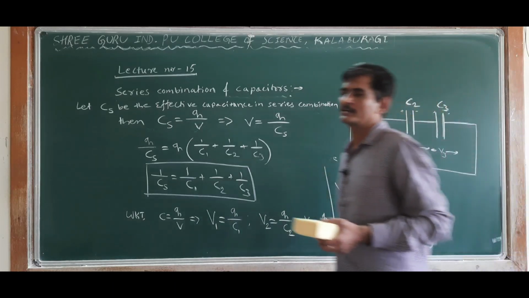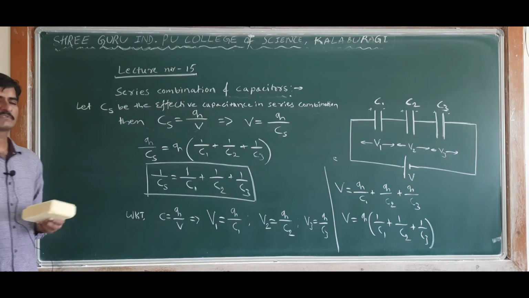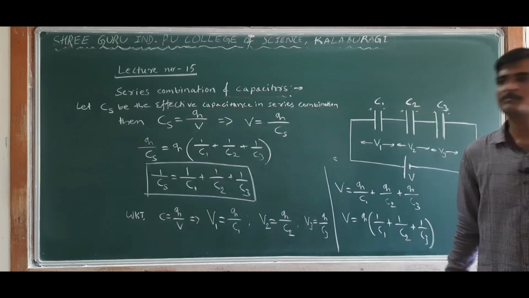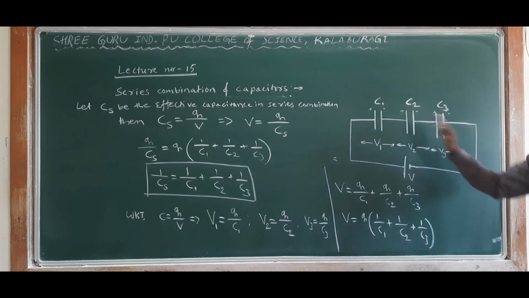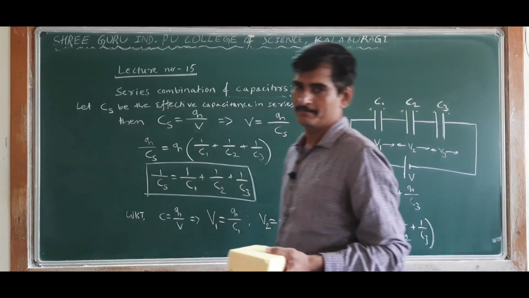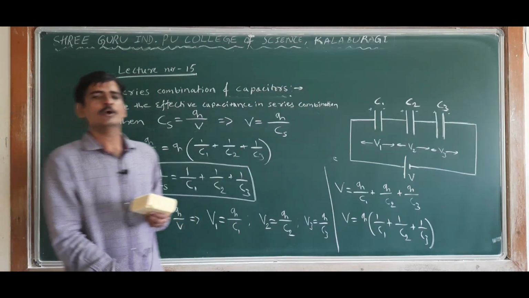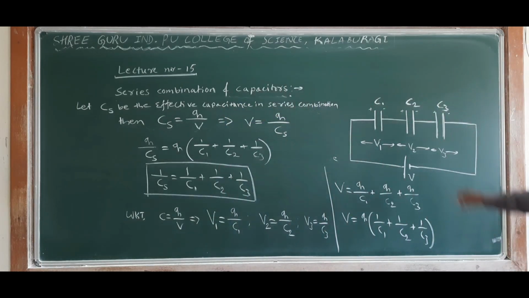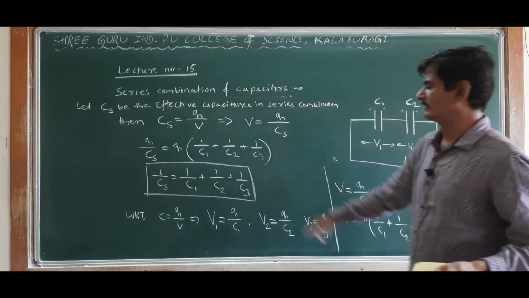So this will be asked in theory exams many times. In the theory exams many times they have asked this derivation. Sometimes they may ask for 5 marks or sometimes 3 marks. Understand? In the series combination, charge on each capacitor will remain same, whereas potential difference across each capacitor will be different. So that is the main point. By using that point only, we will derive this derivation.